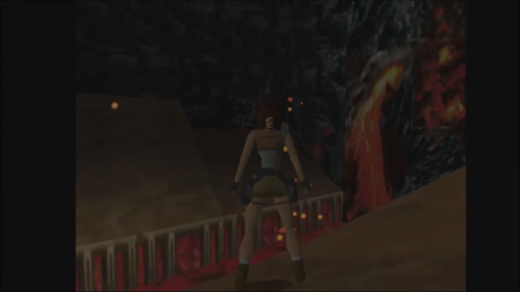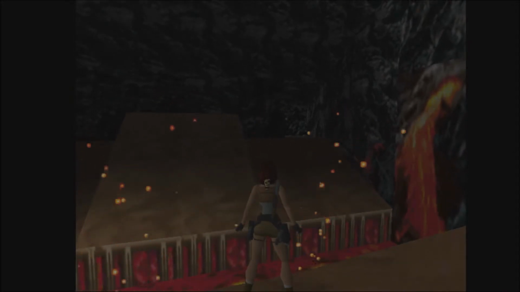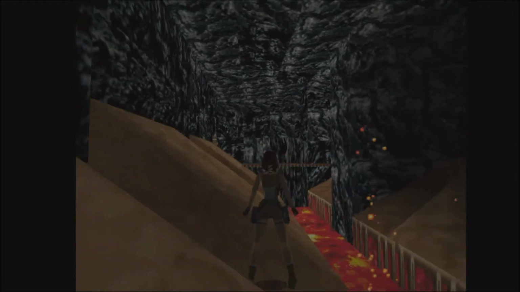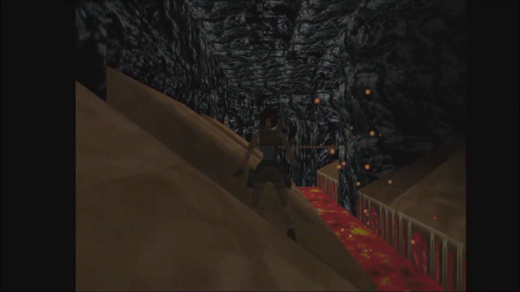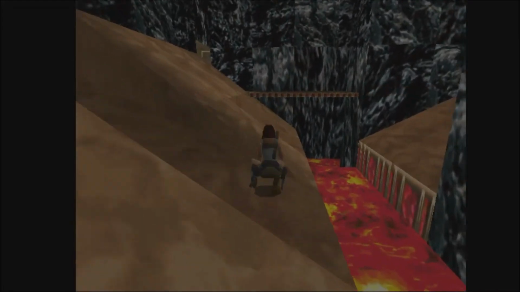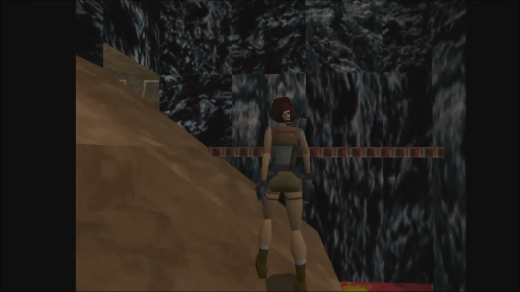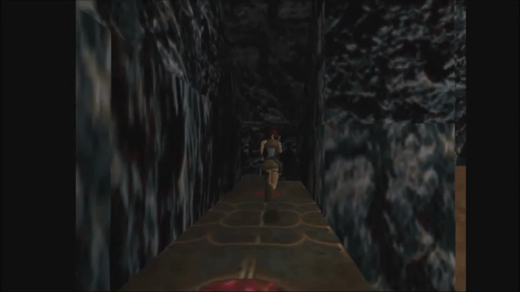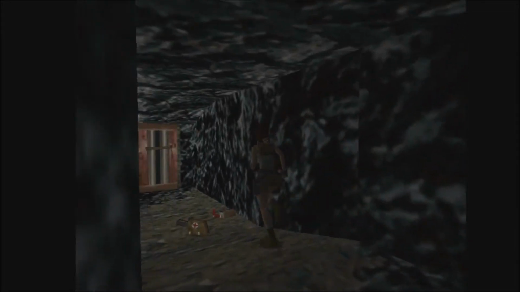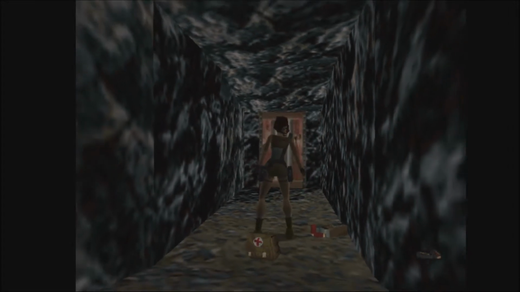Now, to proceed, we need to jump across to there, to that passage on the other side. But we've got a secret to get first, because once we hit this point, that bridge opens. And that is exactly where we need to go back to. I have no idea what tile triggers that bridge, but once you get that far, it comes out. And we get magnum clips, a large medipack,